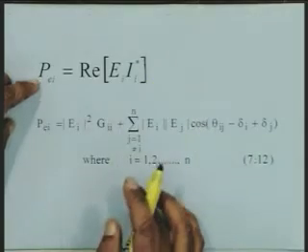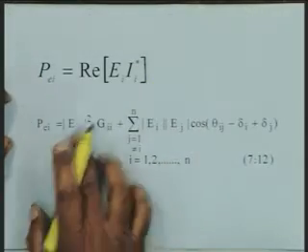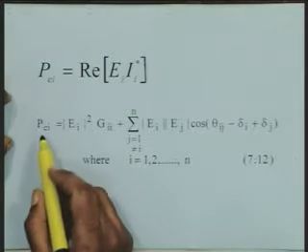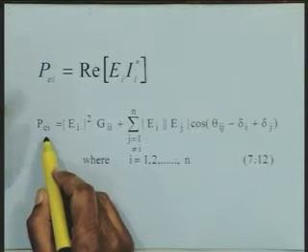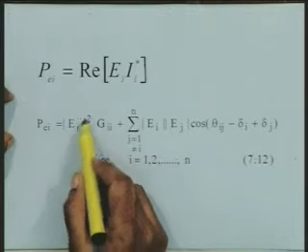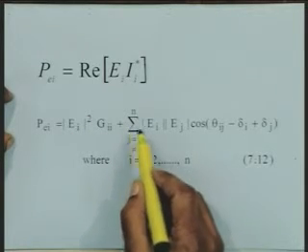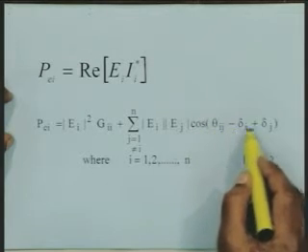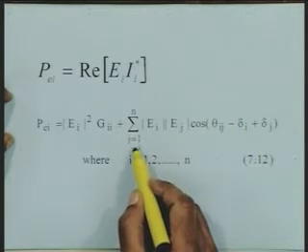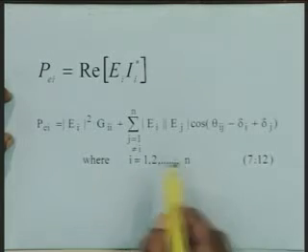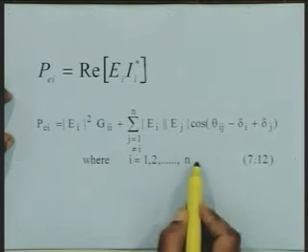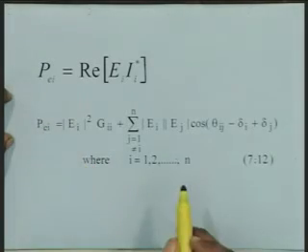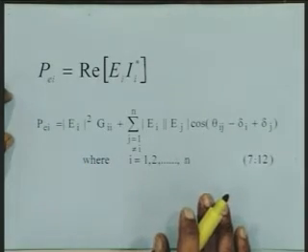Now, when you make this substitution here for the expression for Ii, you have to take the conjugate of this current and then perform simplifications. You will get the expression for PEi, that is the electrical power output of the ith machine, as Ei square Gii plus the sum over j equal to 1 to n of Ei Ej cosine of theta ij minus delta i plus delta j, and j will not take the value equal to i. This equation is valid for i varying from 1 to n for all the machines. That is, you put i equal to 1, 2, 3, 4, and you will be in a position to get the expression for electrical power.